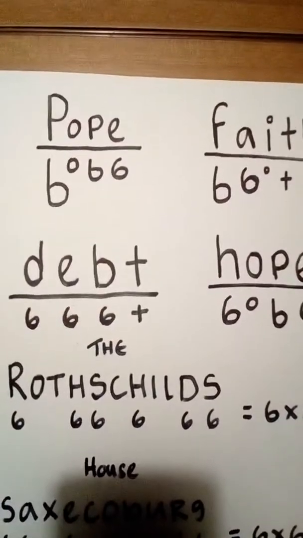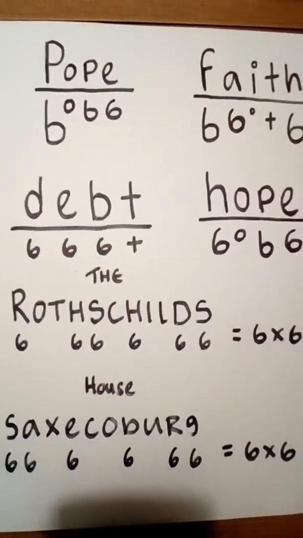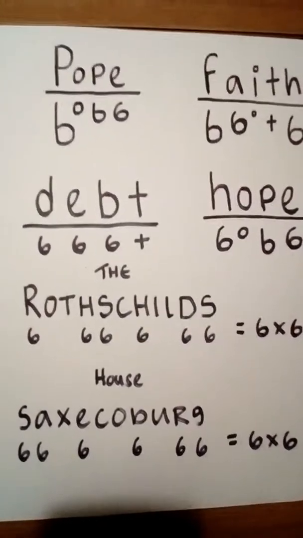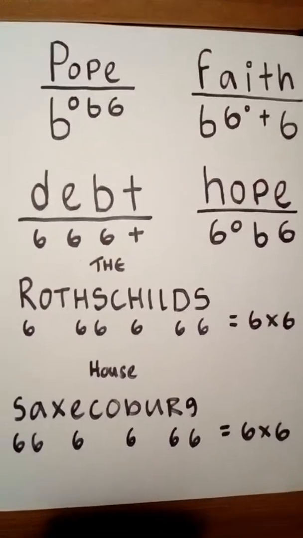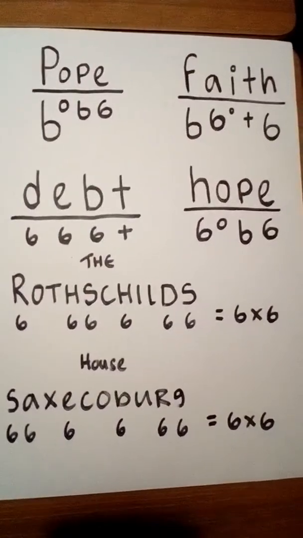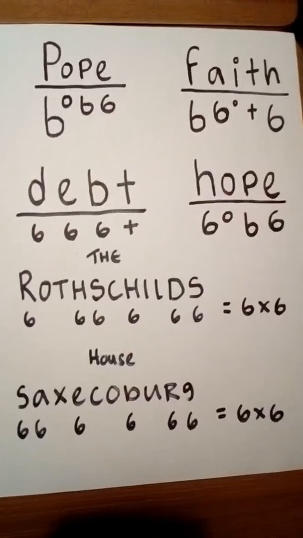So with that in mind, I look to the 2 most powerful families in the world, let's say, the Rothschilds, which many of you probably haven't even heard of. They're not on the Forbes rich list. You won't hear nothing